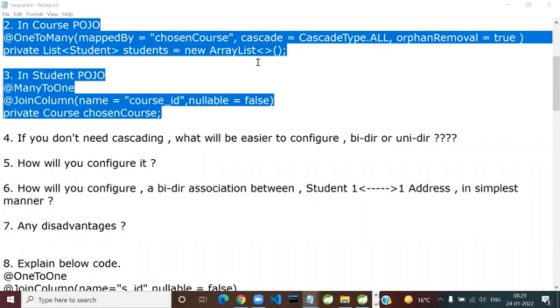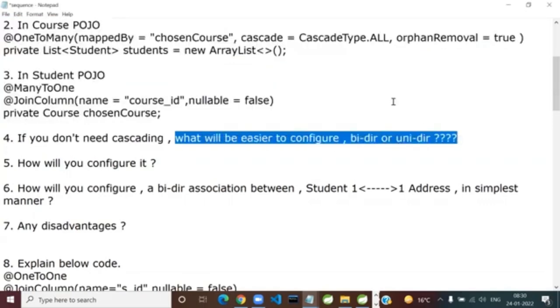So what would be an example of a requirement for cascading? Okay, let's not waste your morning time. If I had said somewhere there is an option to delete an entire topic, then with cascading, it would be easy. By the way, without cascading also you can do that, but it would have been better with cascading. Or if I had asked you for the option to add a topic and get a list of tutorials directly added to it, cascade on save. So since I'm not asking you anything, if you don't need cascading, what do you think will be easier to configure? Next question, bidirectional association or unidirectional?